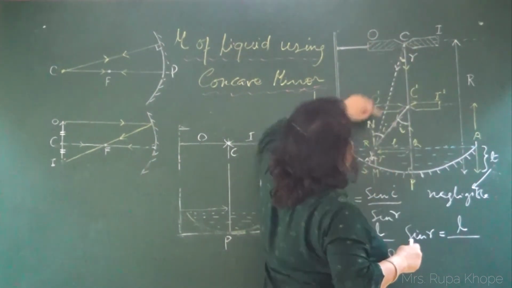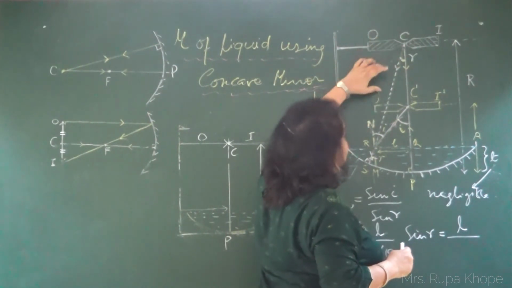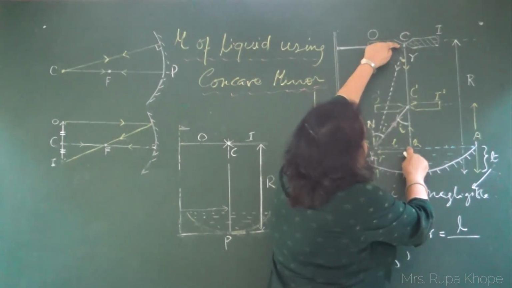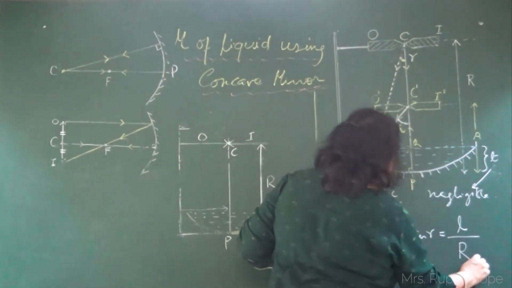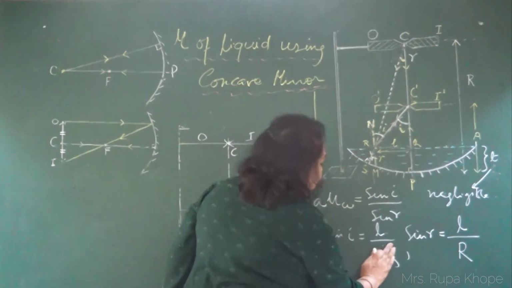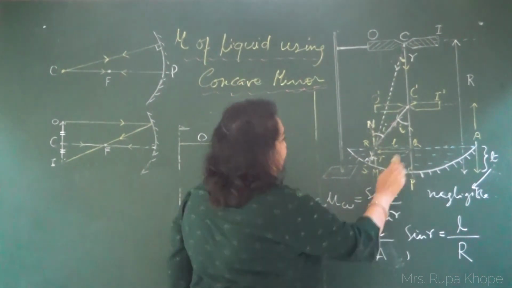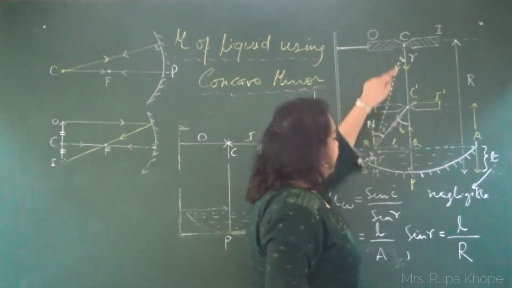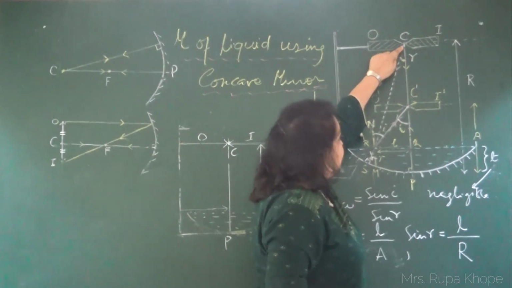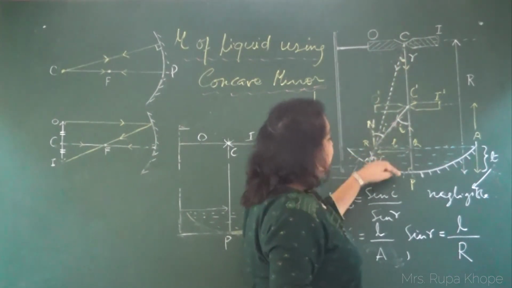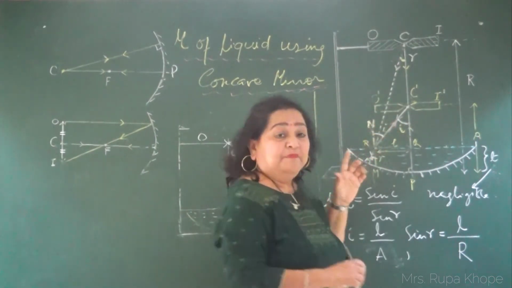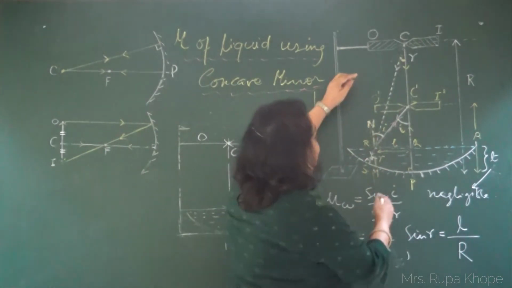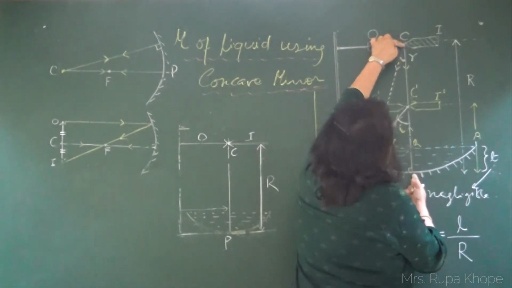By the way, what is this distance? RC is actually equal to this. And what is this? Real radius of curvature, R. I can write here apparent radius of curvature, A. So this is apparent. Now you will be wondering, it is from here to here. Actually, the center of curvature is from here to point P, CP. But I have taken that as CQ because the thickness of water is very, very negligible. And therefore, I can consider this distance equal to this distance.